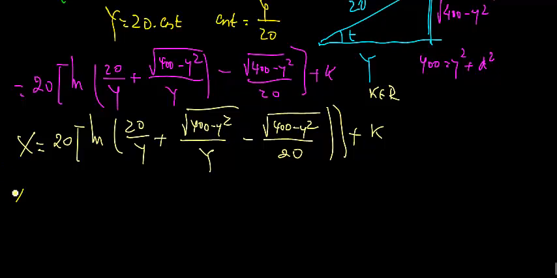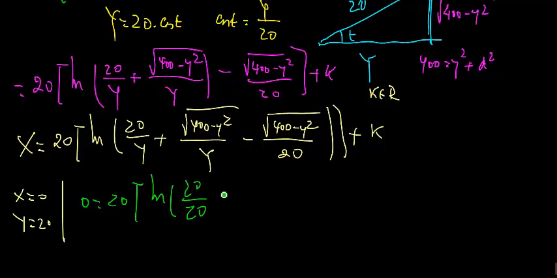When x equals 0, y, we saw, is equal to 20. What does this mean? This means that 0 equals 20 times logarithm of 20 over 20 plus